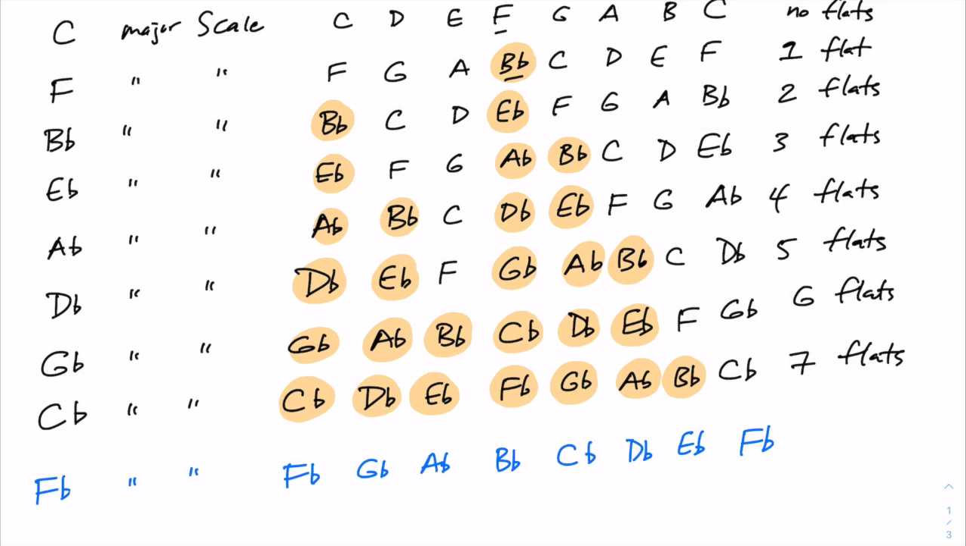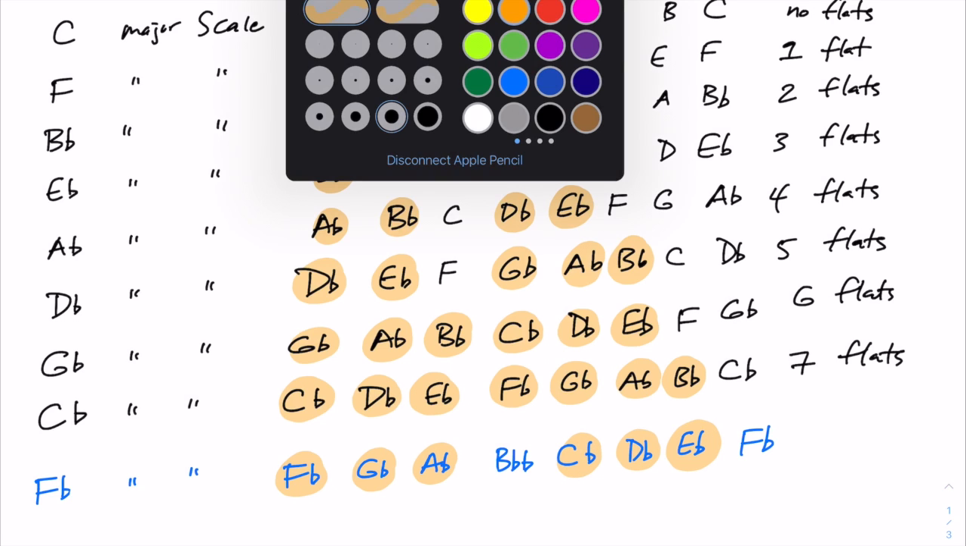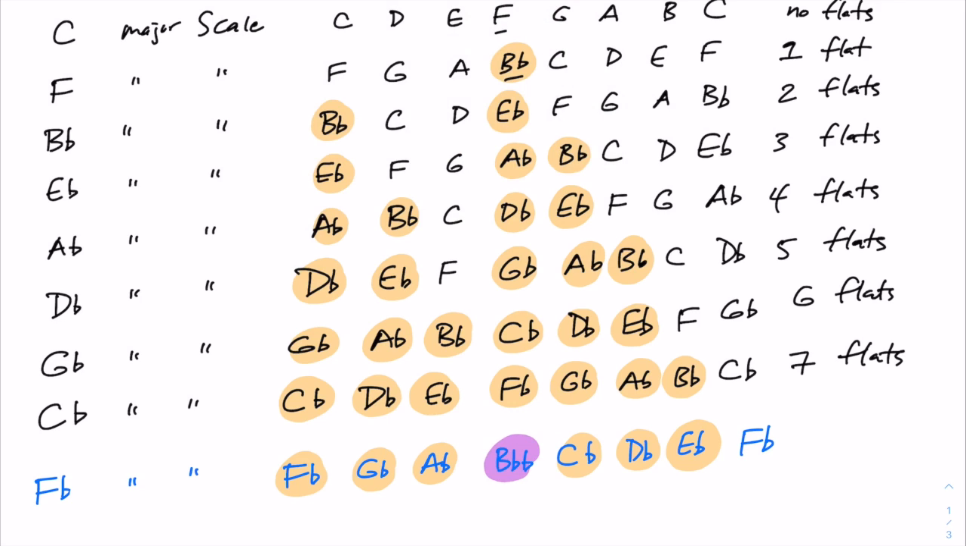What we're supposed to do is flatten the 4th note. Well, it's already flat. Well, then let's double flat it, okay? So the F flat major scale contains B double flat, okay? So now we have 1, 2, 3, 4, 5, 6 flats and 1 double flat, okay? 6 flats plus 1